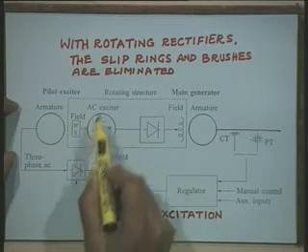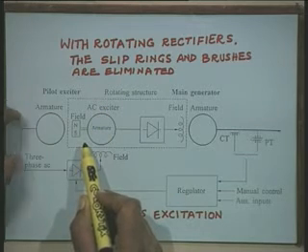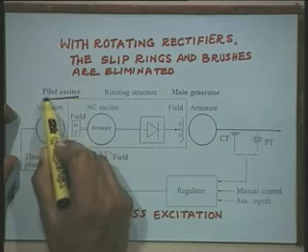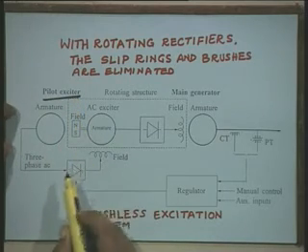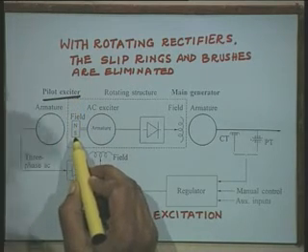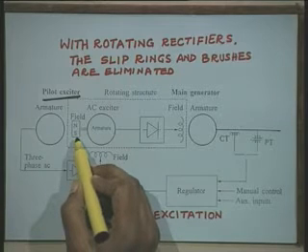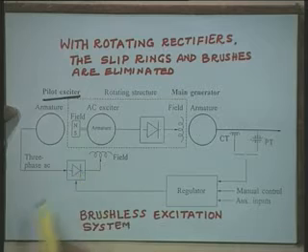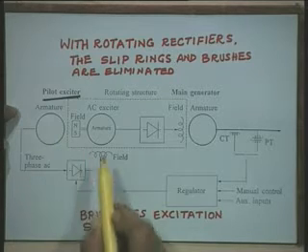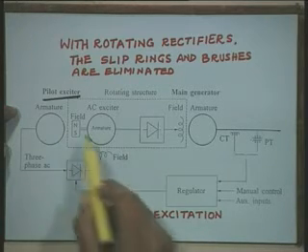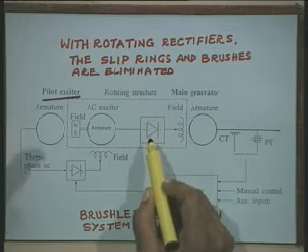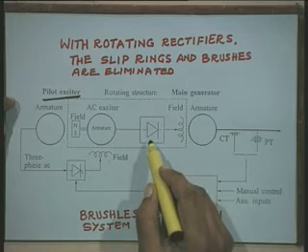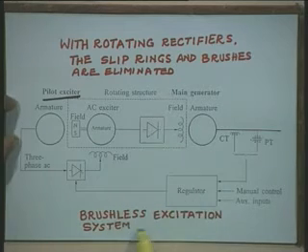The excitation of the AC exciter, how do we provide the excitation for the AC exciter? The AC exciter excitation is provided by using a pilot exciter. This pilot exciter has the permanent magnet field system, right, and the armature is stationary. Now, in this arrangement, the rectifiers are not accessible to us because they are rotating, and therefore, we cannot have controlled rectifiers in the brushless excitation system.